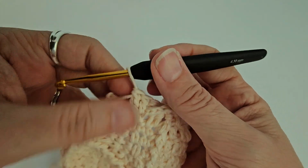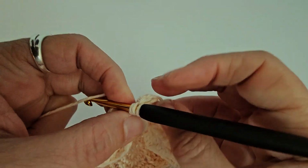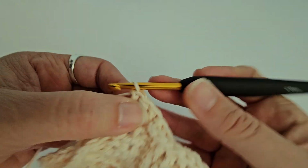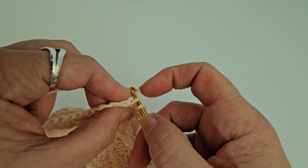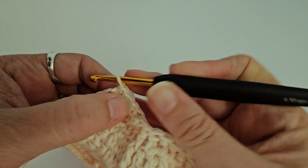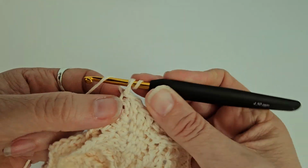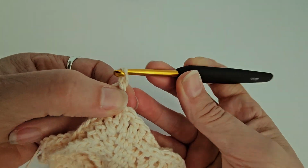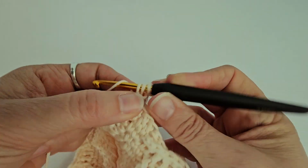I just need to do a double crochet in the same space as my first stitches, join with a slip stitch, and we're on to the second last round. Chain 3 starting chain or a false stitch, double crochet in the same stitch as the slip stitch,